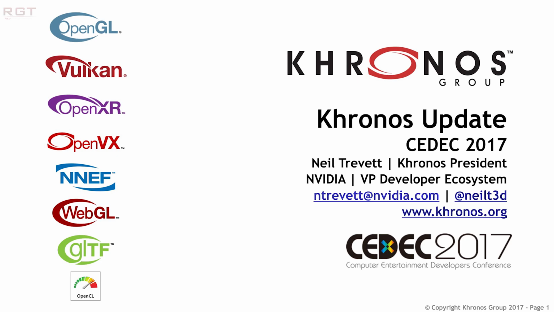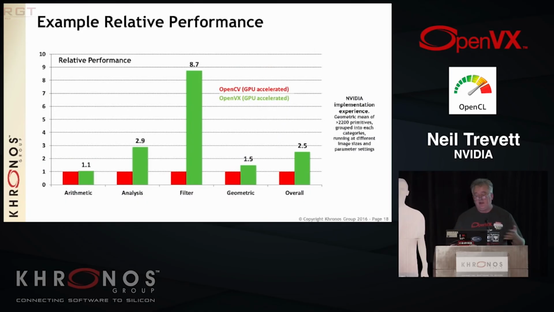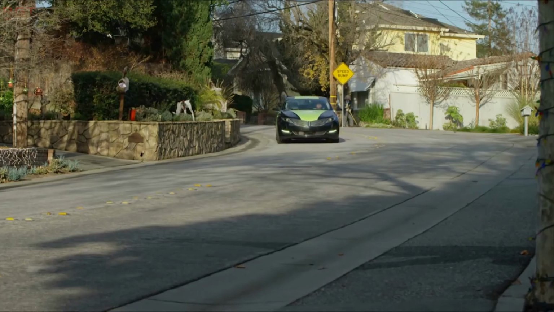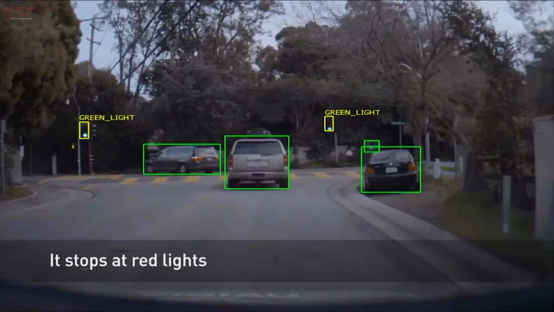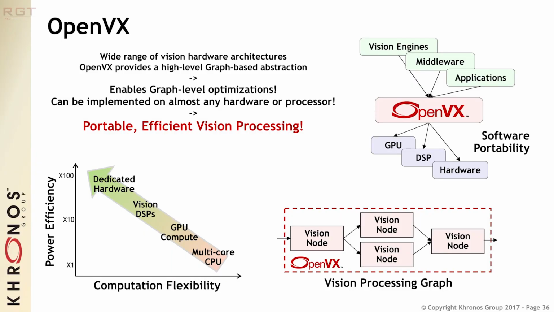Right. Yes. Since April, there's been a lot on the vision and neural net side of things, because we're finding that for many of the APIs, the killer applications are vision processing and neural net processing for things like augmented reality, virtual reality, and autonomous vehicles, cars, and stuff like that. So we have a cluster of APIs that can be applied to that kind of thing. So we have OpenVX, and we released OpenVX